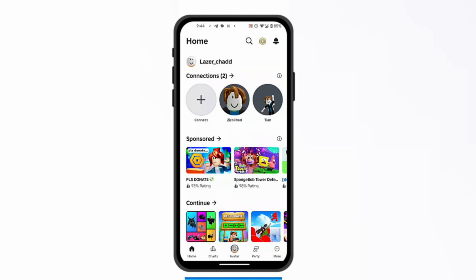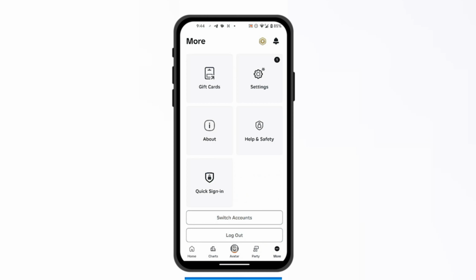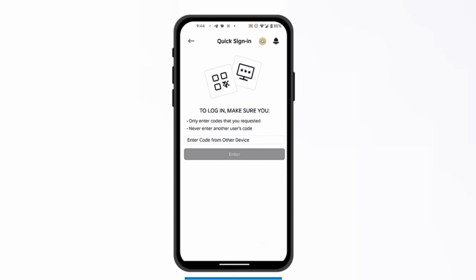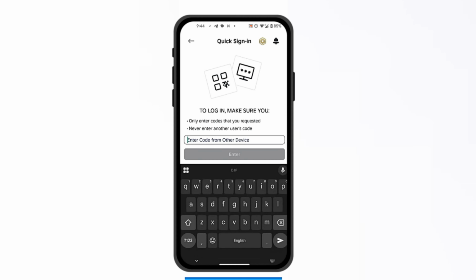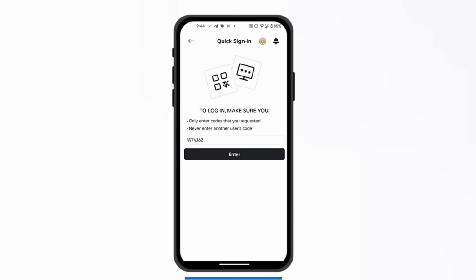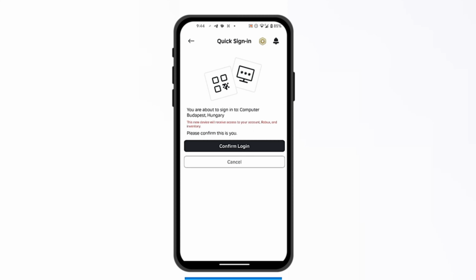So currently we are on the phone that we're going to switch the device from. First of all, you're going to have to open your Roblox app and then from here go to the more section. Once you go to the more section, you're going to scroll down all the way until you see the quick sign in button. Click on it, and as you can see, now we can enter the code that we have used from the other computer. Once you enter the code, all you have to do is click on enter and then confirm login,